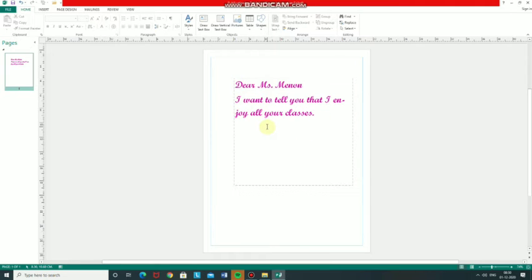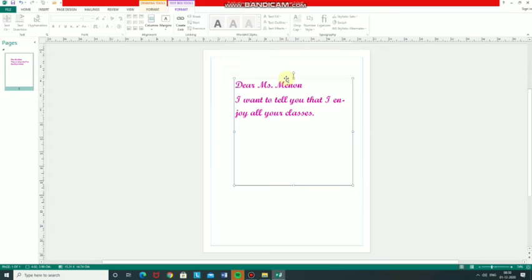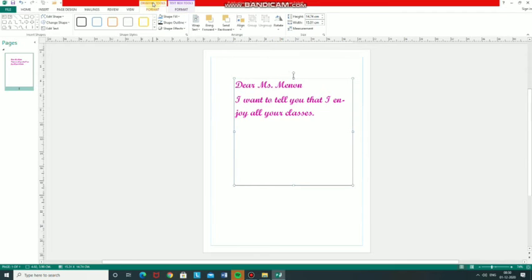Now, formatting text box. For formatting text box, first of all select the text box like this. The Format tab under Drawing Tools has various options to format a text box. You can see the various options here. Select the text box that you want to format. I have already selected the text box. Then click the Format tab under Drawing Tools. On the ribbon, you will see options that will allow you to change the border, shading and shadow effect on the box. For changing the fill color and border color of the text box, do the following in the Shape Styles group. This is the Shape Style group.